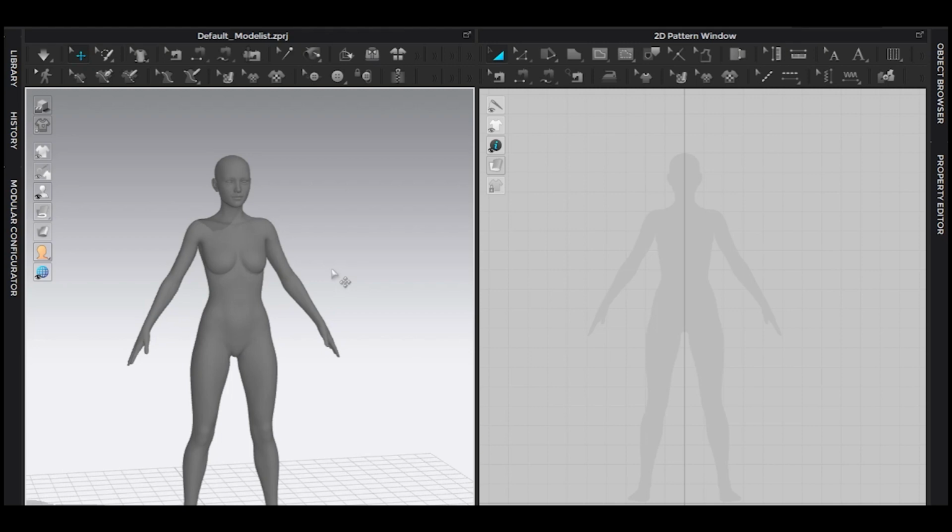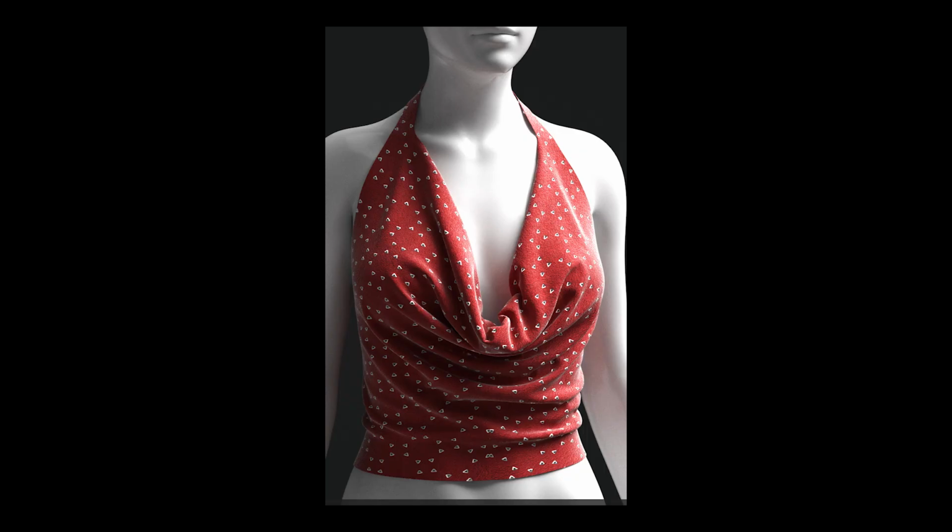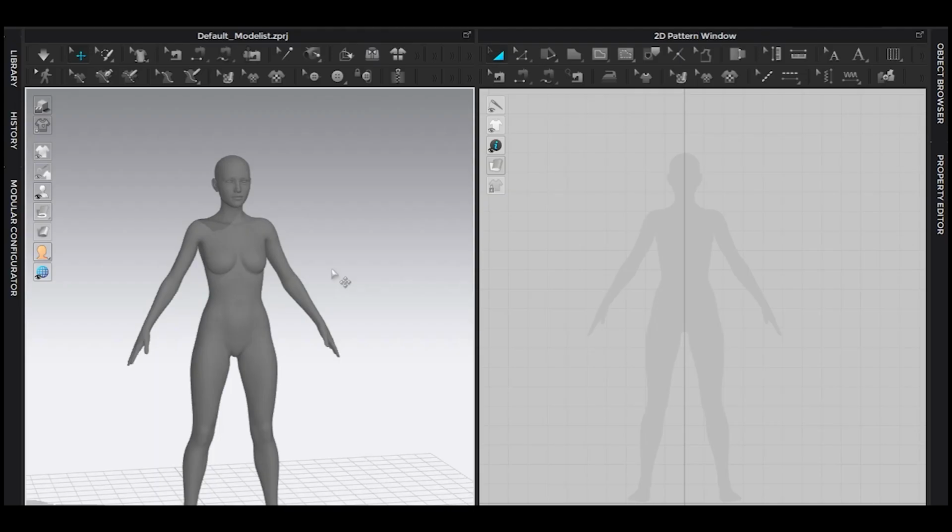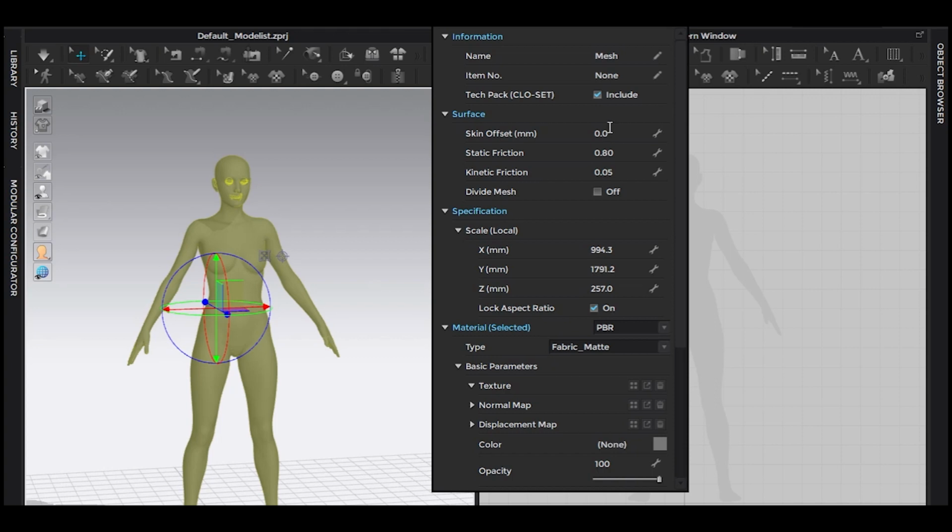So in this video, I'm gonna be making a cowl neck dress inside of Marvelous Designer or Clo 3D. It doesn't matter what software you have, both are same. Alright, it's gonna be really step by step. I'm not gonna be cutting anything. So yeah, let's start. Alright, here is my avatar, and before everything,